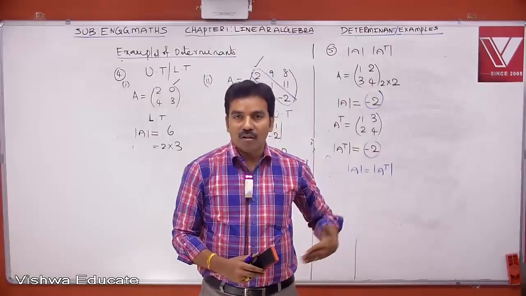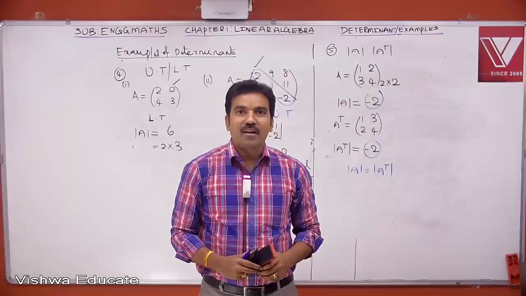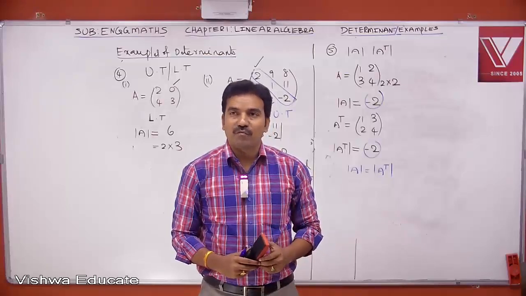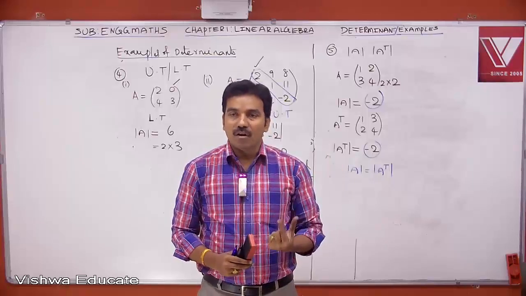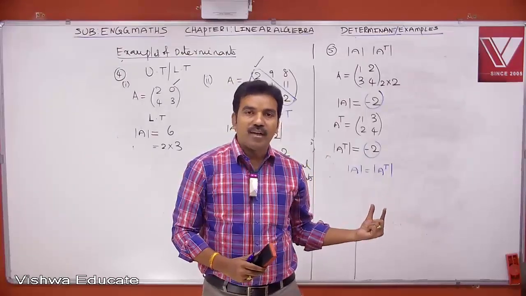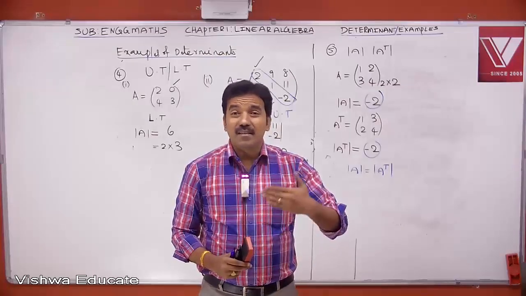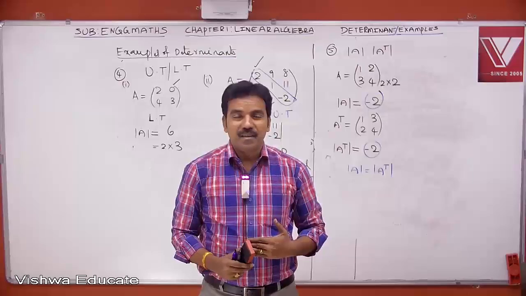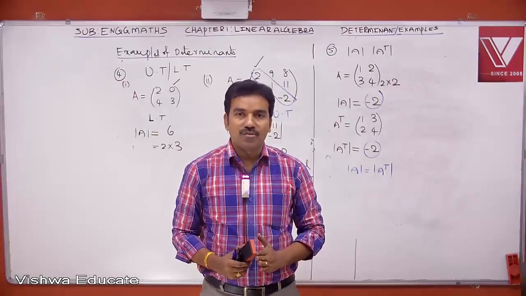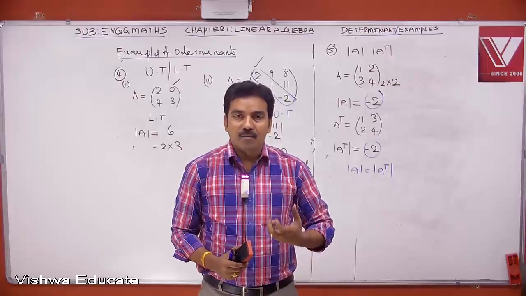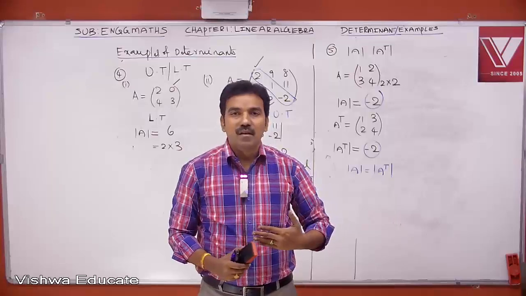So let me recall all the last 5 examples. If something is an upper triangular matrix or lower triangular matrix, its determinant is the product of diagonal elements. That is one remark we made from these examples. Another remark we made is from the last example, det of A is the same as det of A transpose. And the remaining 3 examples are more or less equivalent. If there is a linear dependence relationship among rows or among columns, then the determinant becomes 0. I think example 1, example 2, example 3 are more or less general cases, but the last 4 and 5